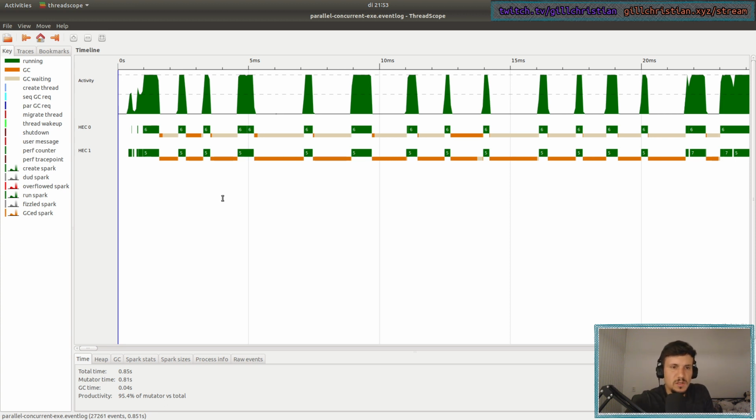Okay, so there is a lot of garbage collecting going on, and I guess it's this color. Yes, this color, and it's happening most of the time on one of the cores. This is because we are splitting the file into lines, and this is kind of lazy, so